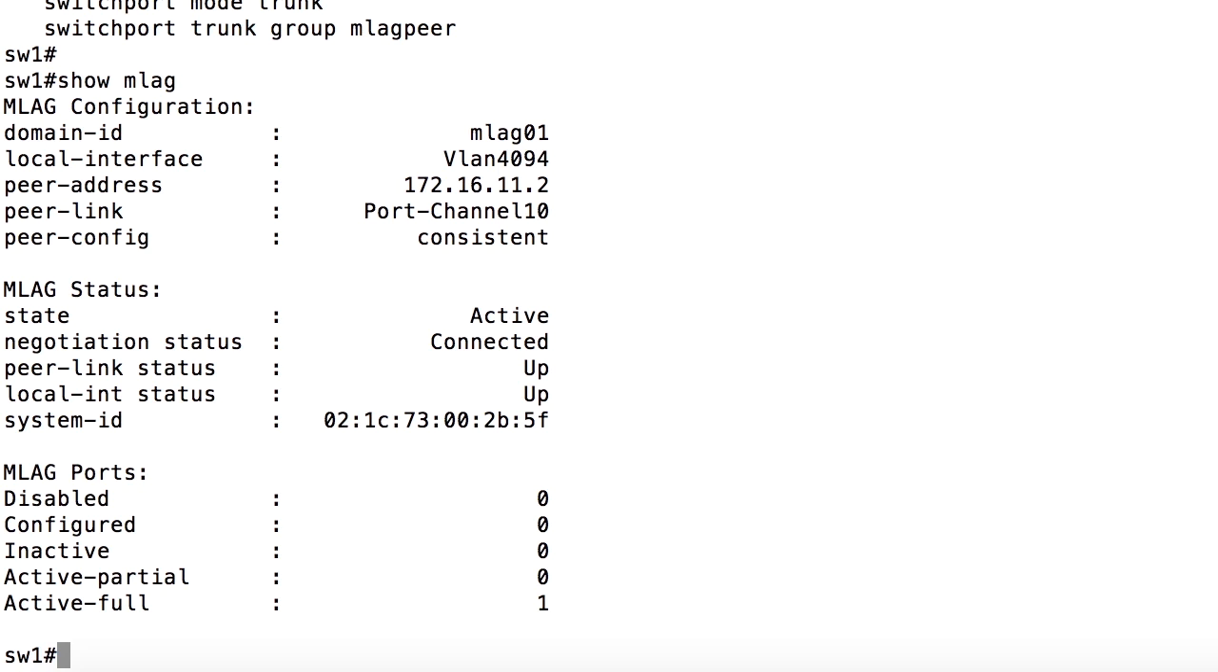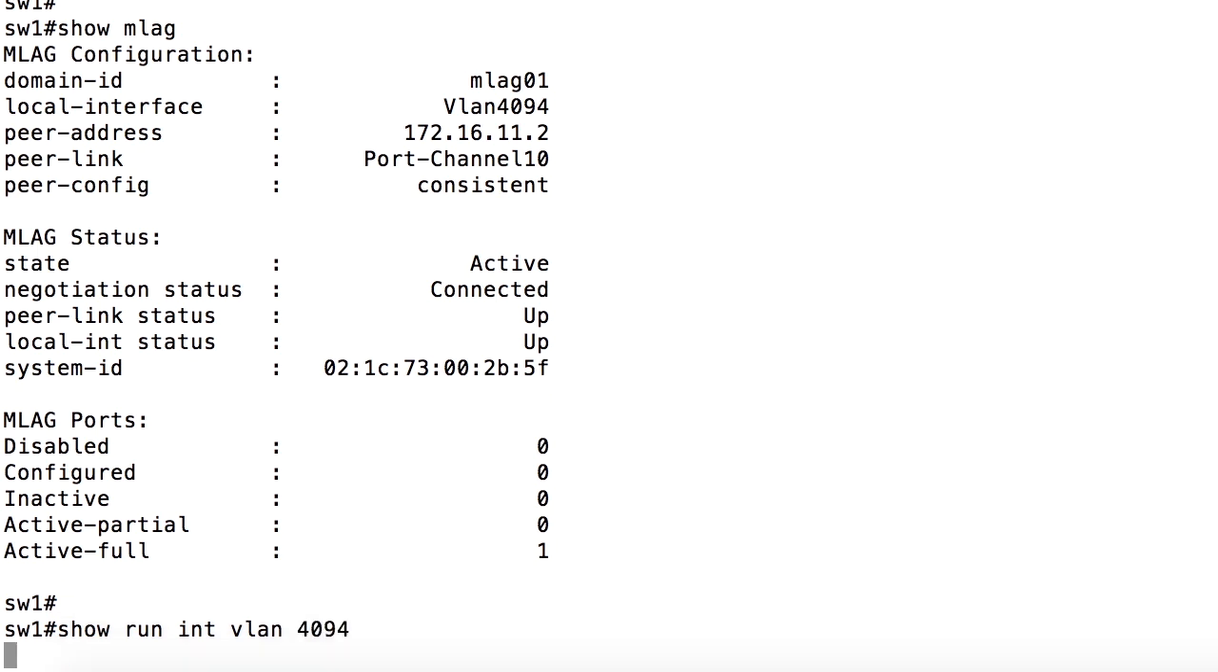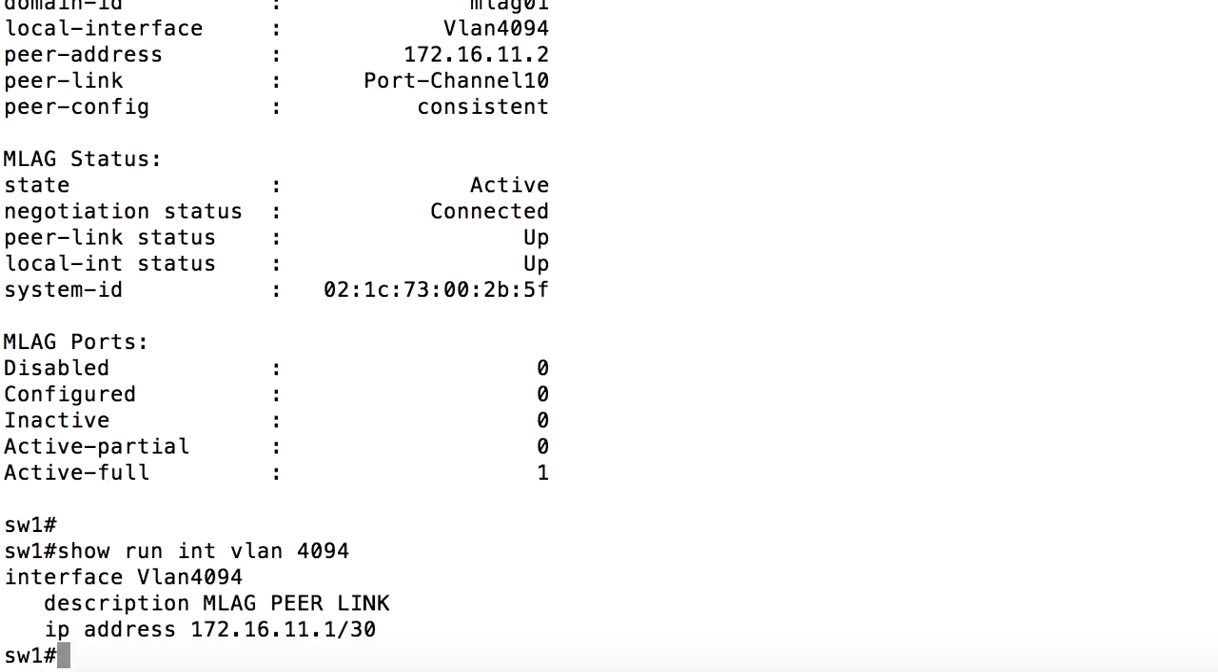the layer 3 interface. So you can see that here in the output of our show mlag, the local interface is VLAN 4094 and the peer address, 172.16.11.2, is assigned to interface VLAN 4094 on switch 2. While this switch has, if we take a look at show run interface VLAN 4094, you'll see it has the IP address of